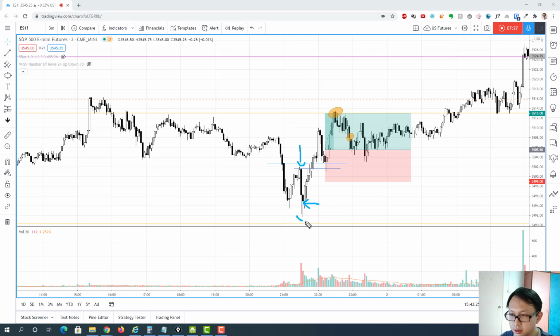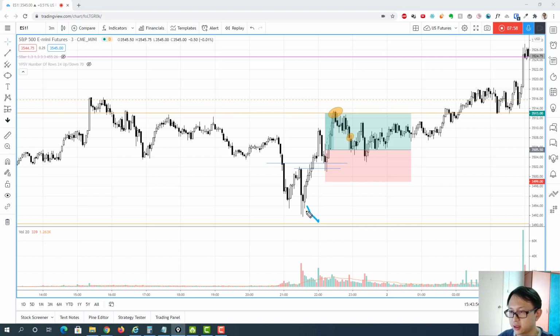lower low. So this is the lower low here, it hits 34.92. So it still did not really fall within my zone, like 34.80 to 34.90, but this is close enough because this can be considered as a test. So this can be considered as a test of this supporting area of 34.90. But